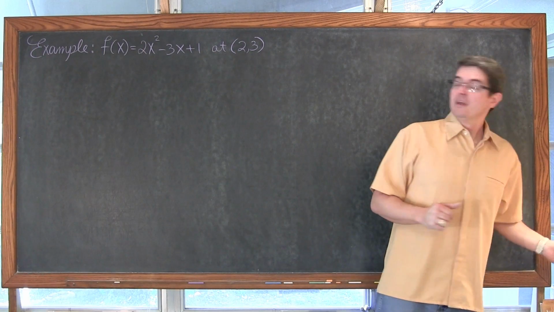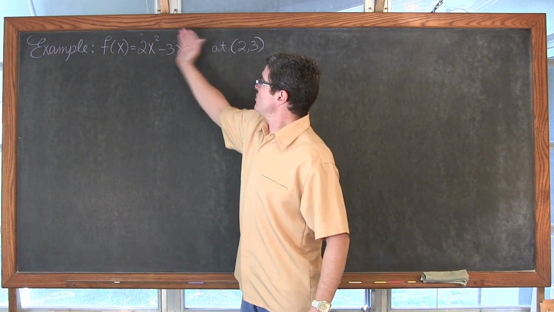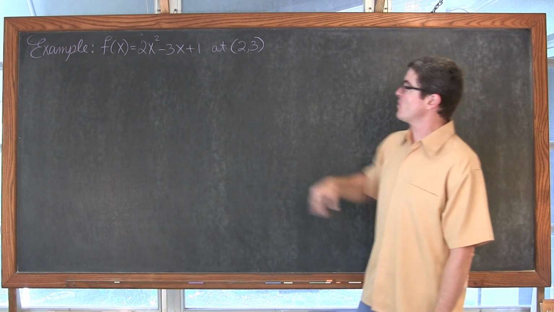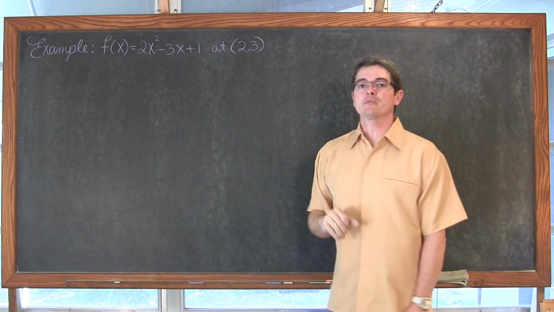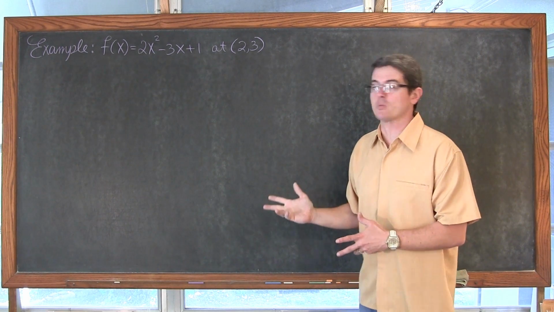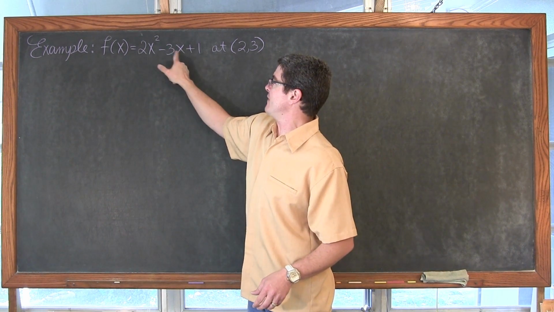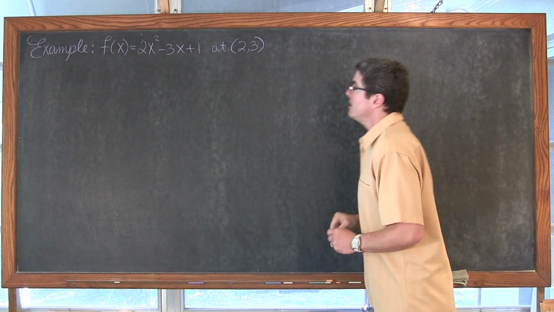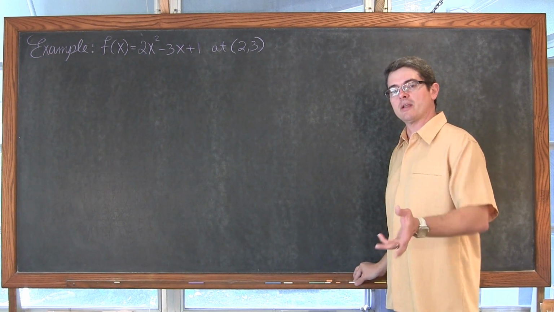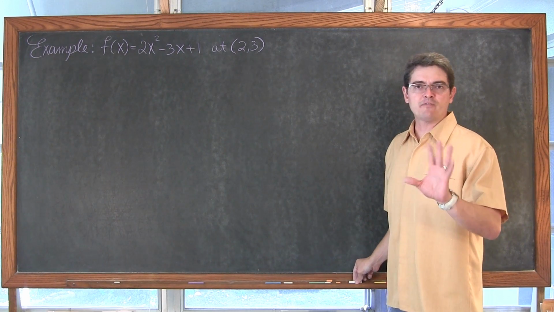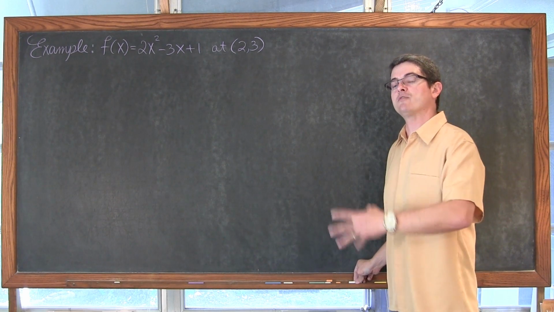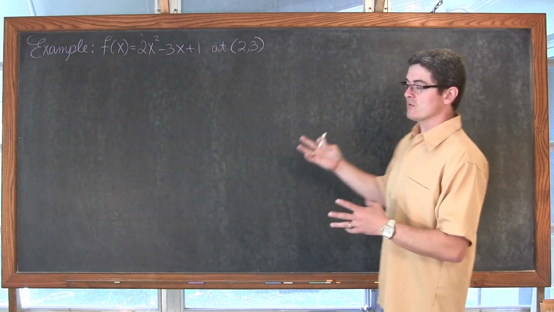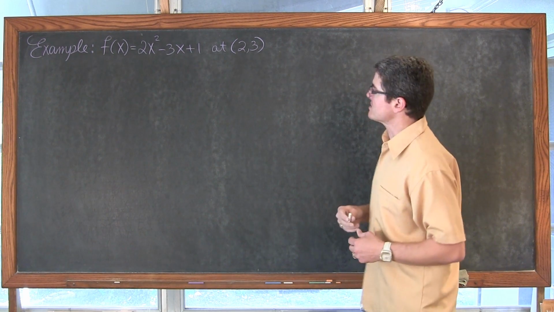For our next example, we got 2x squared minus 3x plus 1. We're going to find the slope of this parabola at 2, 3. This question is going to work just like the last one, but we'll have a little bit of algebra work that's necessary because we have 3 terms, and especially since one of them is squared. So I'll get us started, and I'm going to walk off. Give you about 5 seconds if you'd like to pause the video and try and finish it on your own before I reveal the answer. And if I feel like there's any important points, point them out and then get on to the next example.